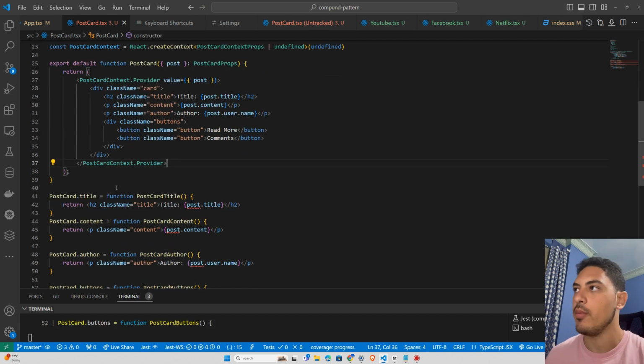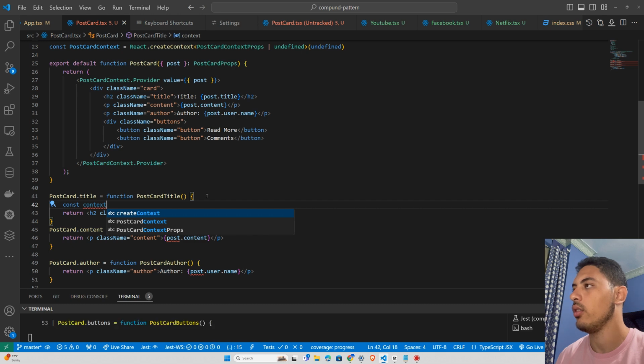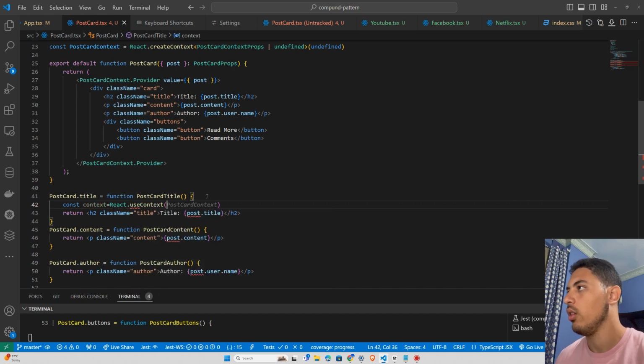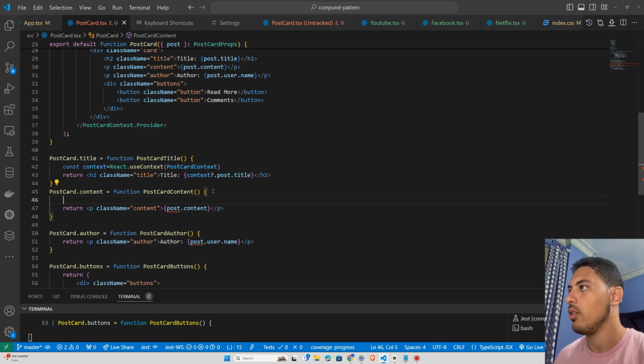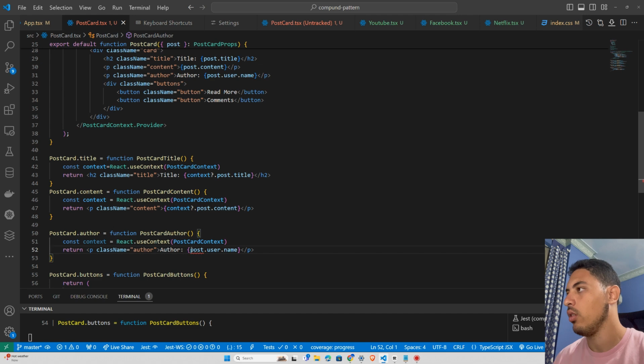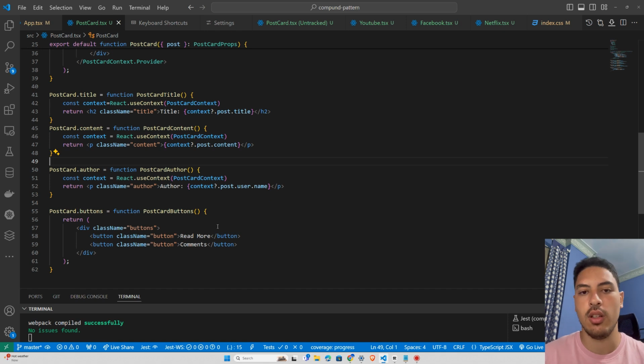So that's step 2. Step 3 is using it in the child component. So we can use const context equal React.useContext. Then we pass in our context, and then we can access the post through context.post. And we have this because at some points the context could be undefined. So we are going to copy paste this to here, and then we do the same thing for the other one, context.post.username. So that's good. So we have the value passing